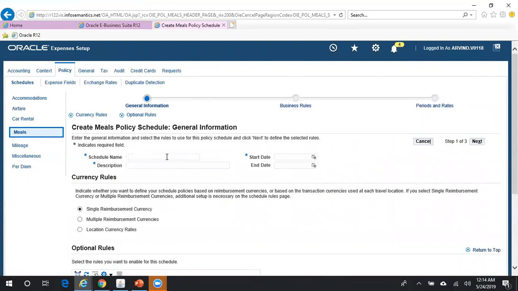Give a name, maybe I'll just say test demo meals schedule. Maybe I'll give the description the same name. I want this policy schedule to be effective from say today. I'll just mention 24th of May 2019,